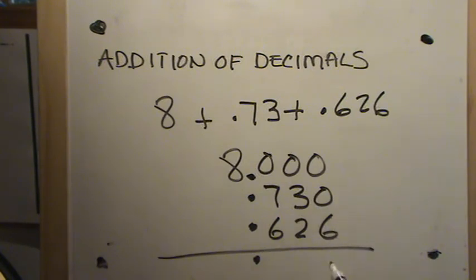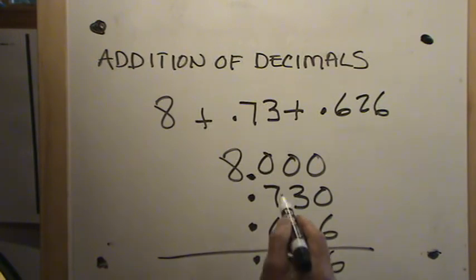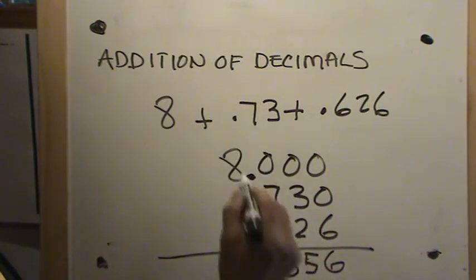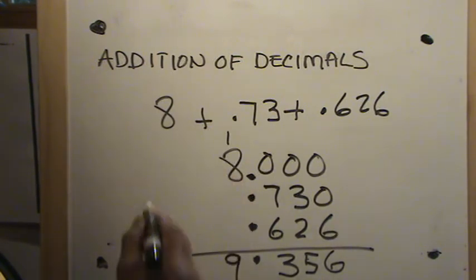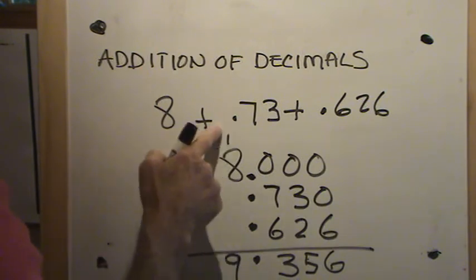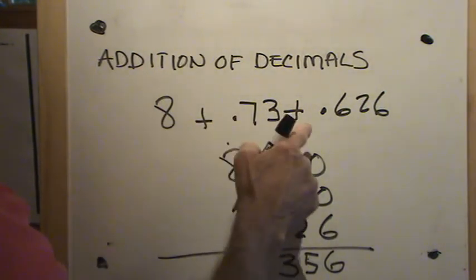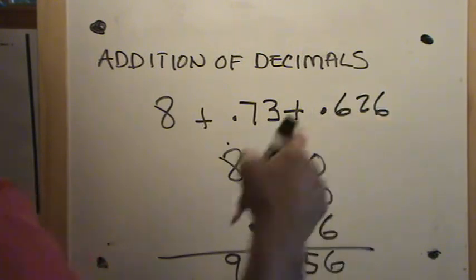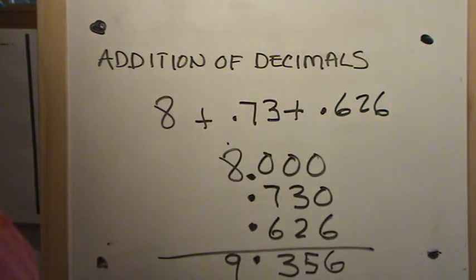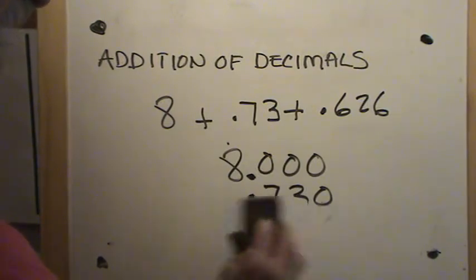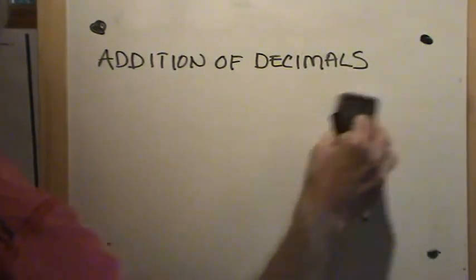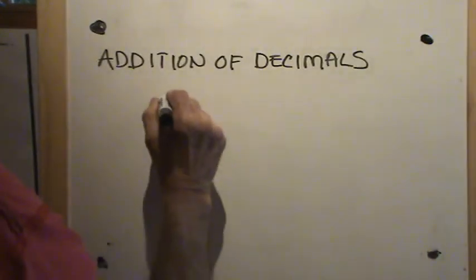Well, 0 and 0 and 6 gives me 6. 3 and 2 gives me 5. 7 and 6 gives me 13. I'm going to carry the 1. 1 and 8 gives me 9. And so when I add the whole number 8, and I add 73 hundredths, and I add 626 thousandths, I get 9 and 356 thousandths. So this is a fairly simple skill set in the addition of decimals. You just have to remember that